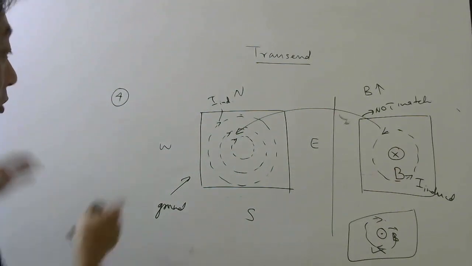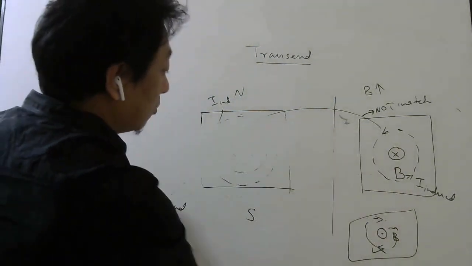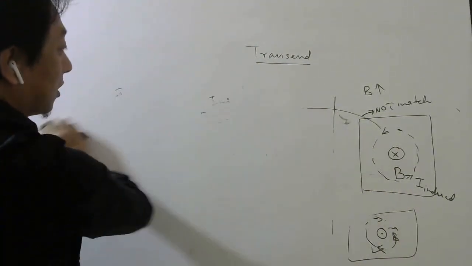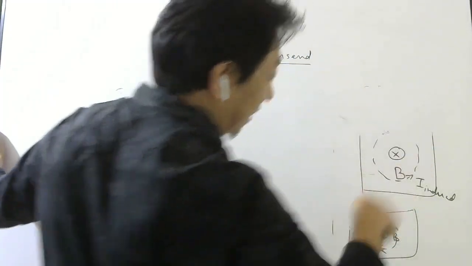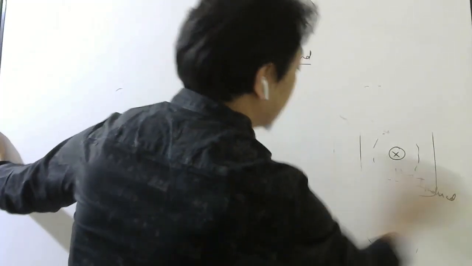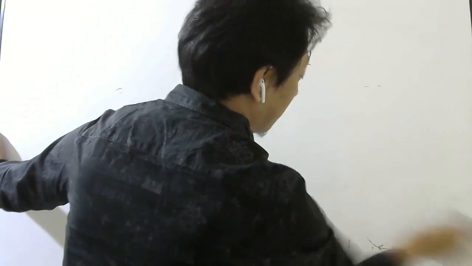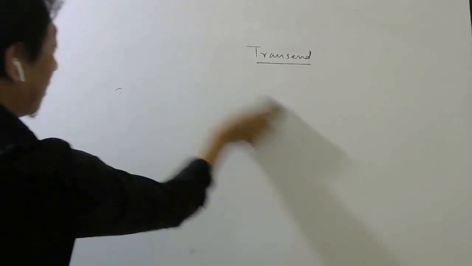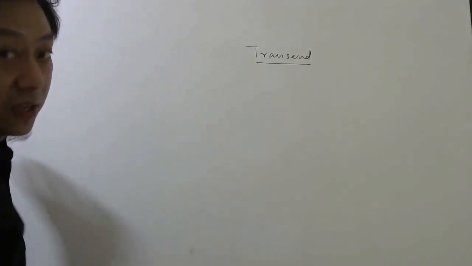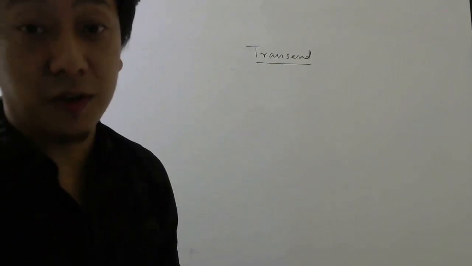So whenever they give you the induced current and they ask you the source current or the source magnetic field, you first assume a certain direction for the answer and then check whether the induced current is matching with the given question or not.